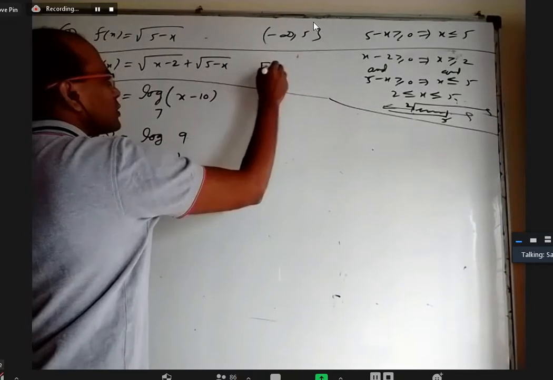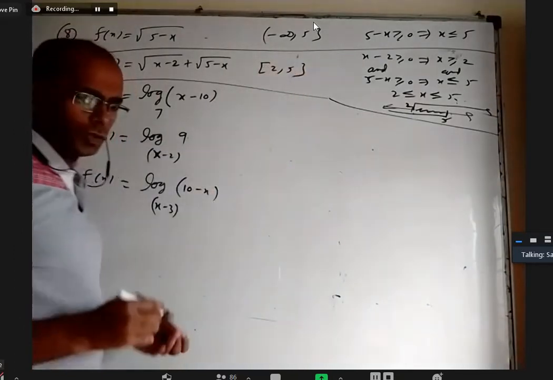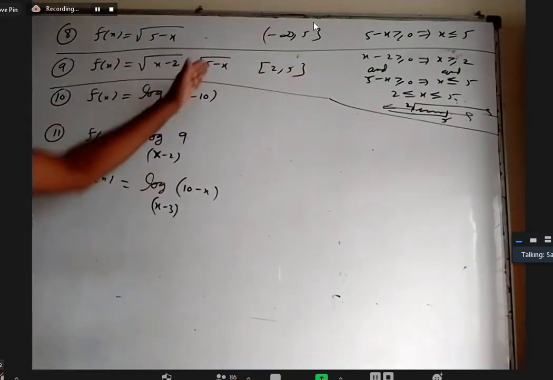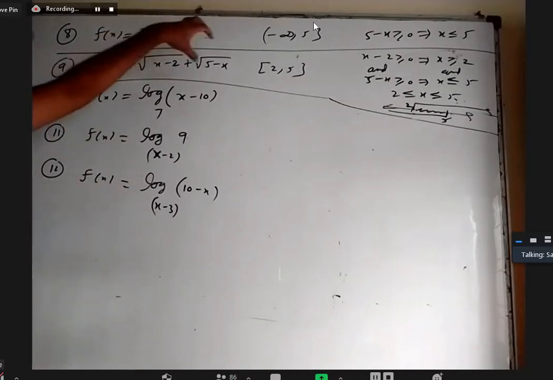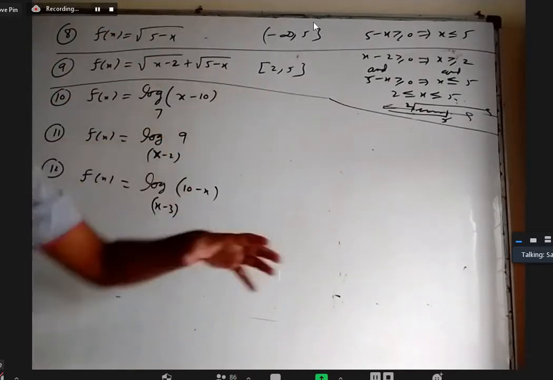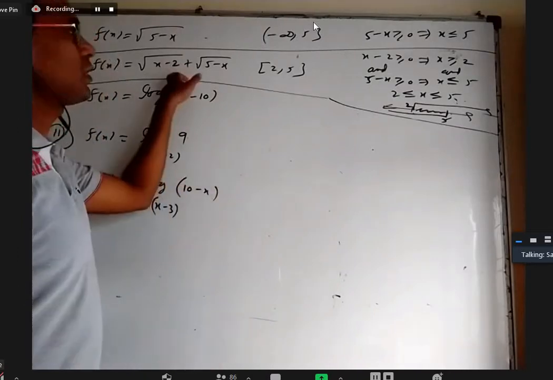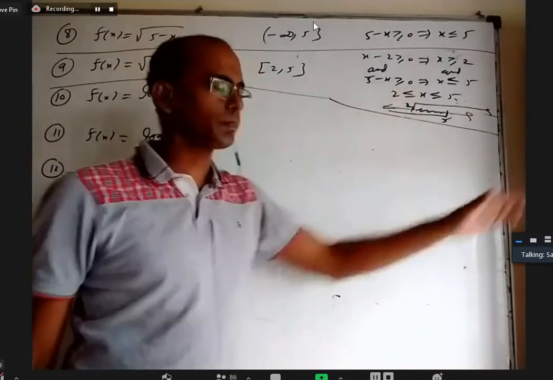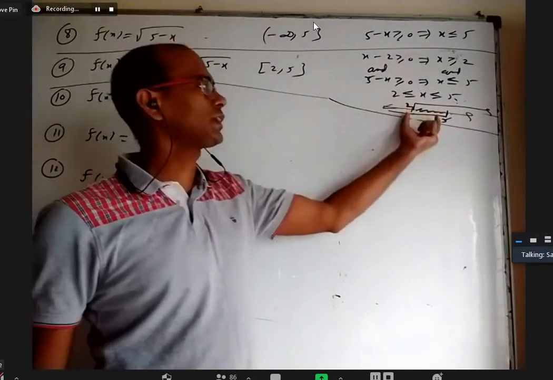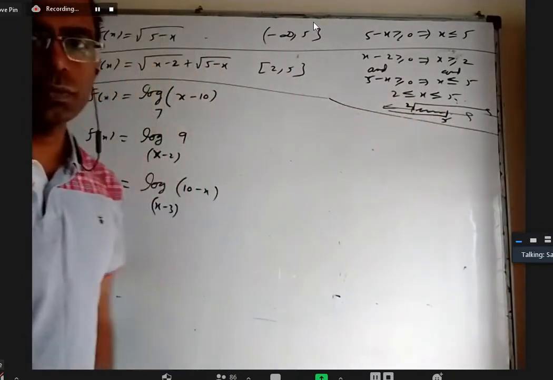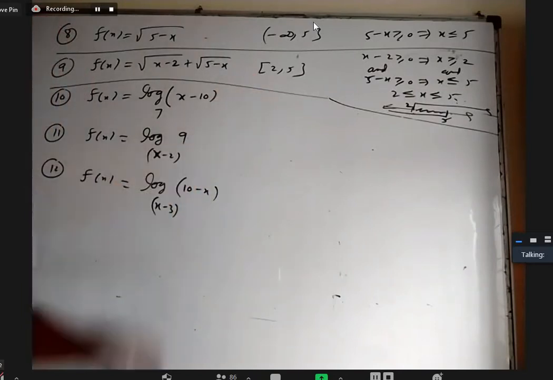So closed interval 2 to 5. Whenever you take two functions or two parts like this, find all the values for which each is defined, and take the intersection. What is common to both? The first one is defined for every number more than 2, and the second one is defined for every number before 5. If you take their intersection, it is everything between 2 and 5, including 2 and 5. That's why closed interval 2 to 5.